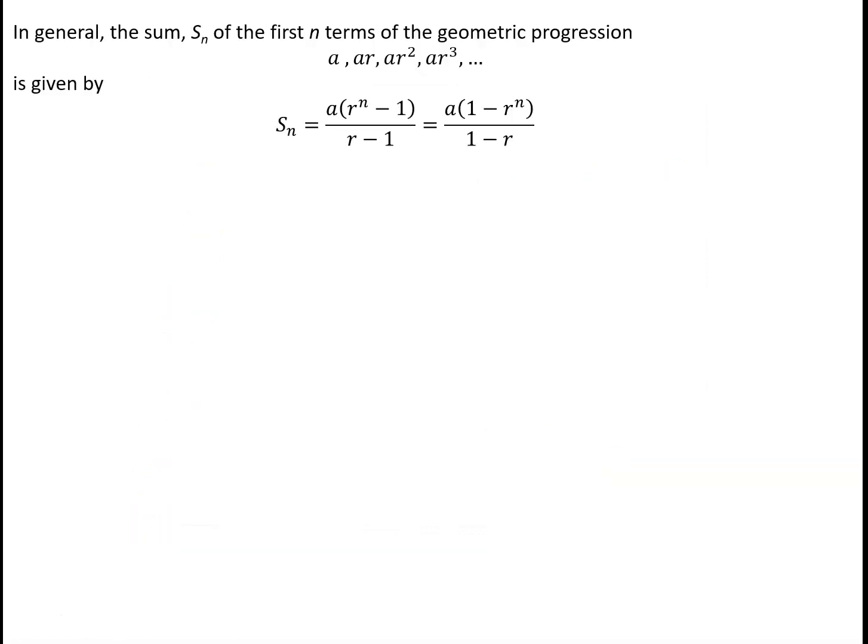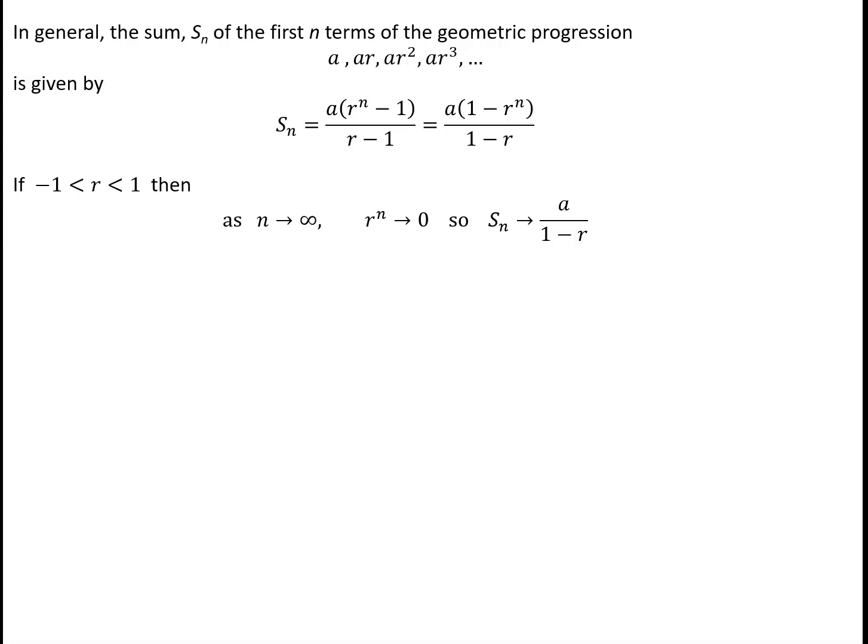In general, the sum of the first n terms of the geometric progression a, ar, ar squared, etc. is given by either a times r to the n minus 1 over r minus 1, or a times 1 minus r to the n over 1 minus r. If the value of r lies between minus 1 and 1, then as n tends to infinity, the value of r to the n will tend to 0, which means that the sum of the n terms will get closer